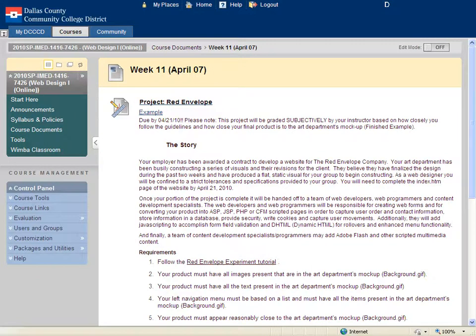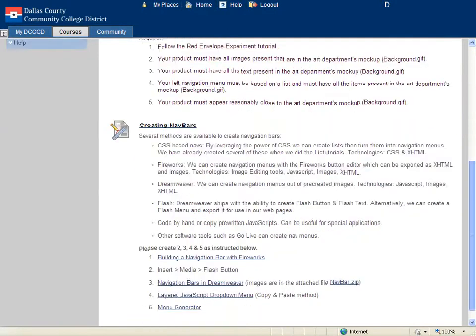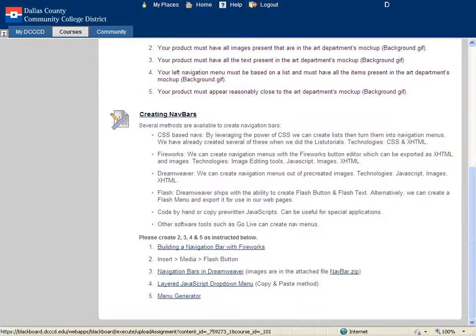Okay, for today's WIMBA session, I just want to cover week 11 for April 7th that I released to you on Wednesday. And there were two assignments. Really, one is a project. You have the red envelope project is the first thing that you'll be working on, and there is an assignment,